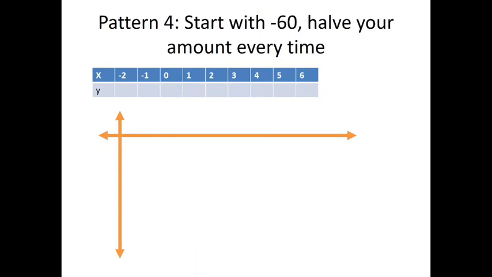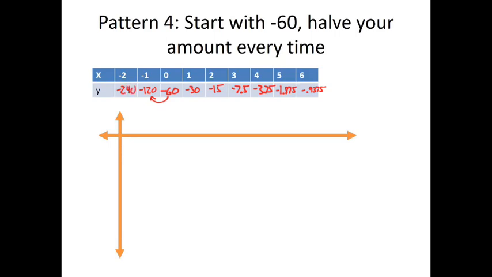And this is our last example. We're going to start with -60 this time. So we're starting with -60, and we're going to halve our amount every time. In other words, we're going to multiply by 1/2. -3.75 times half would be -1.875. I know it's getting hard to read. And then that times 0.5 would be -0.9375. But then we could carry our pattern the other direction just by doubling it. So we'd have -120 and